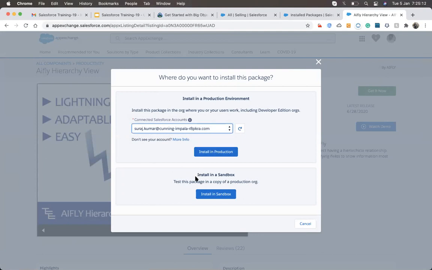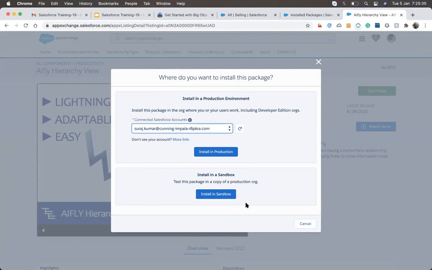If you are working in a real-time environment, you can install in a sandbox also. You can choose the sandbox, because as an admin, while we are working in an actual situation, you get the sandbox, not the production org.